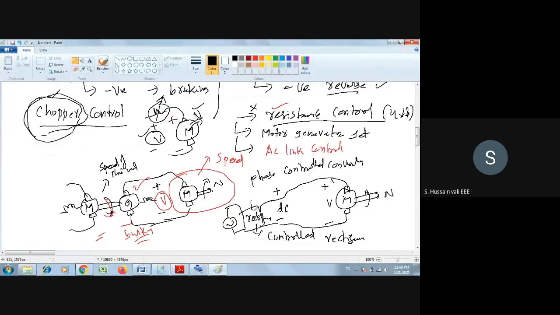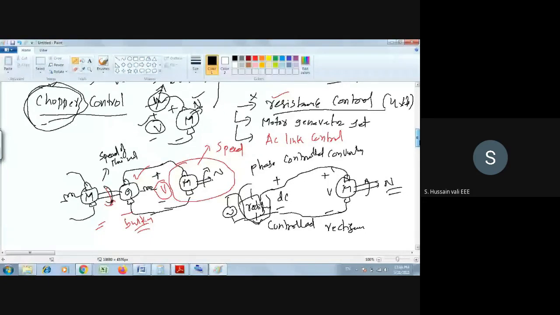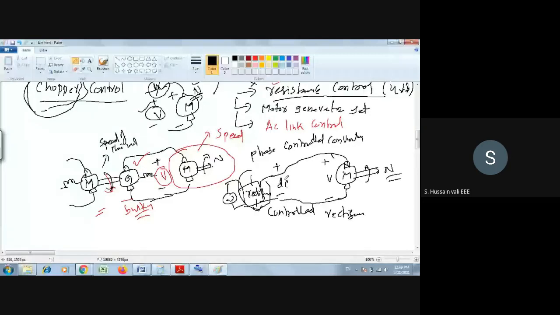By controlling those converters, the output of the rectifier will change, so obviously the input voltage to the armature changes, and obviously the speed will change. So this is one method. Now it is a little bit complex. This method is a little bit complex, and the efficiency is higher, but you still have the scope to increase the efficiency, and also you can make this system simpler.